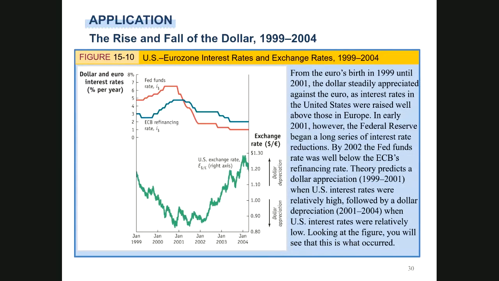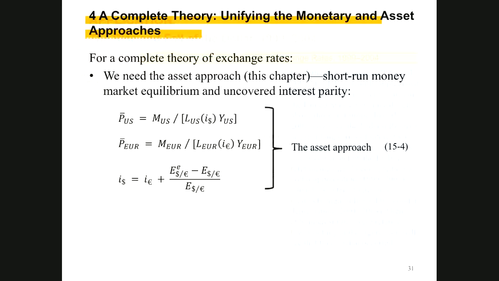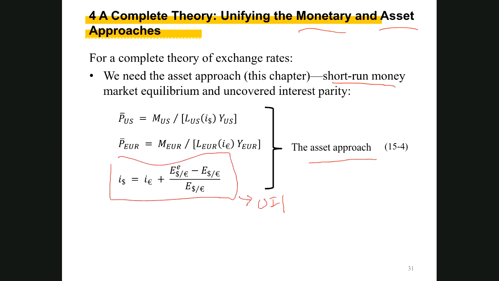Okay, so I'm gonna skip this. So you see, just to quickly wrap up: using the monetary and asset approach, this is in the short run, the asset approach. All we do is use the UIP approximation, and we try to fix the price level in both countries because we believe in sticky price,